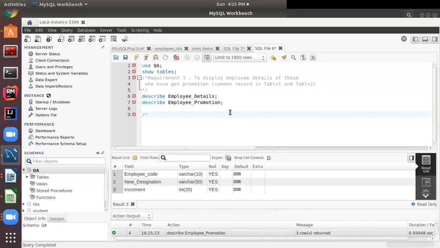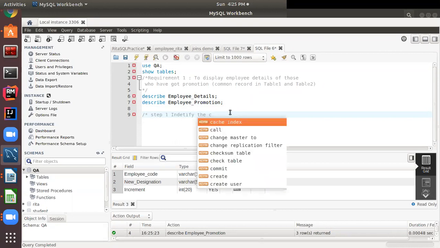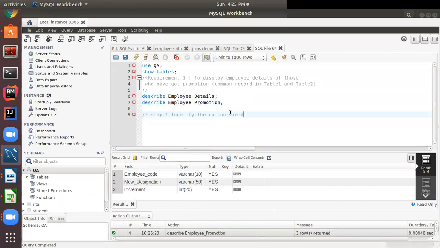The first step is to identify the common field. The common field between the two tables is employee code. So we need to specify the join condition on the basis of the common field.